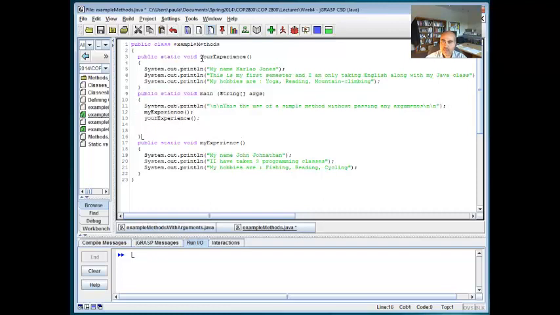So in my method called your experience, I am writing out three system out print line statements, which say my name is such and such, and this is my information. And then I have another method called my experience, and these are my three lines over here. This one is a public method, static, and it is not going to return anything, and the same thing over here. This is my main method that I absolutely have to have in order for me to run this particular